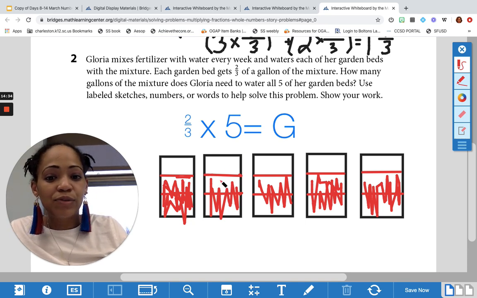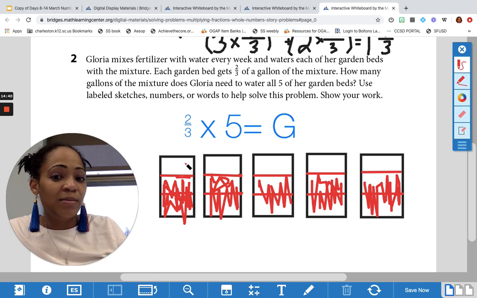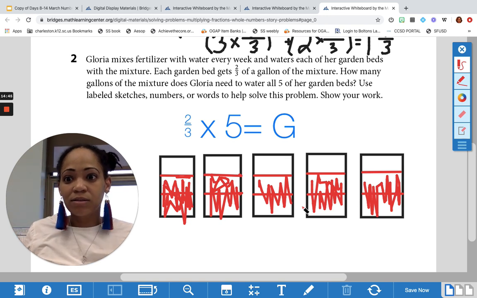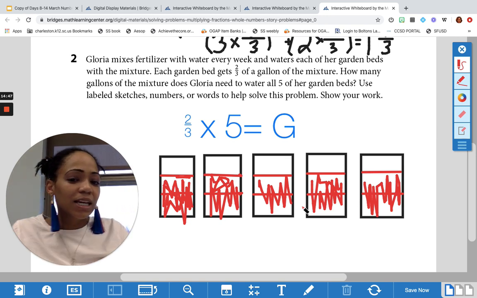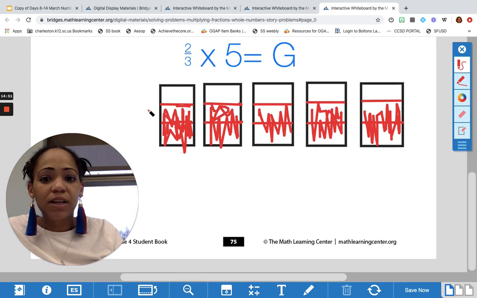Because I can move one of these thirds here to make a whole, and then this other third here to make a whole, and that's already 2 wholes right there. So maybe we'll even have more than 3 wholes. Let's break it up. What do I see in this picture? Good. You should see a third